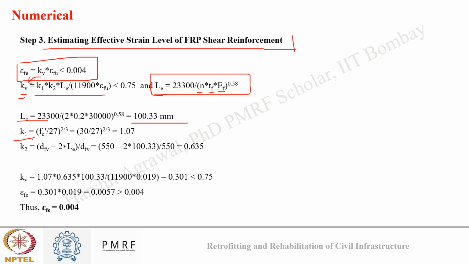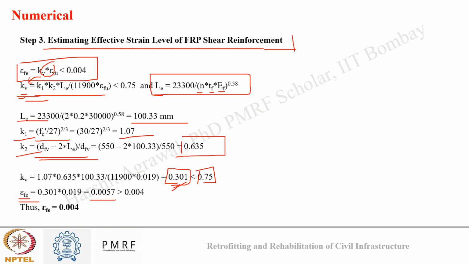K1 is dependent upon the concrete strength that we know, so it will come out to be 1.07. K2 governs the effectiveness of wrapping, so it is given by this equation we saw earlier as per the ACI code, and it will come out to be 0.36635. Substituting all these values, my Kv will come out to be 0.301. It is less than 0.75, so I will go with the 0.301 value. Once I know Kv, and I know epsilon FU 0.019,